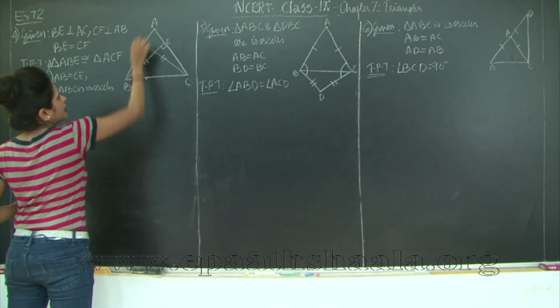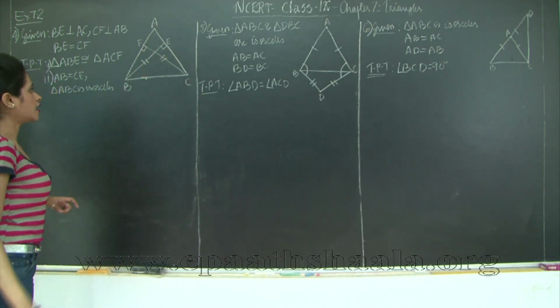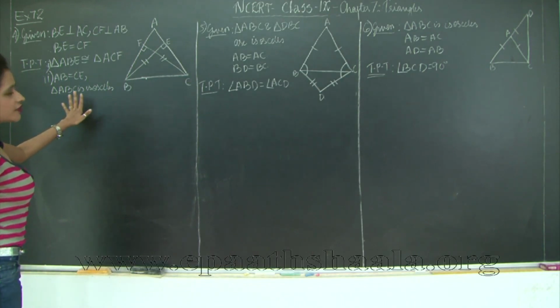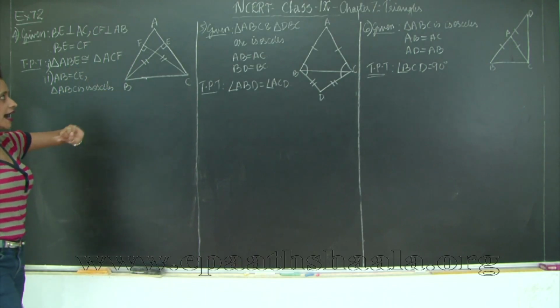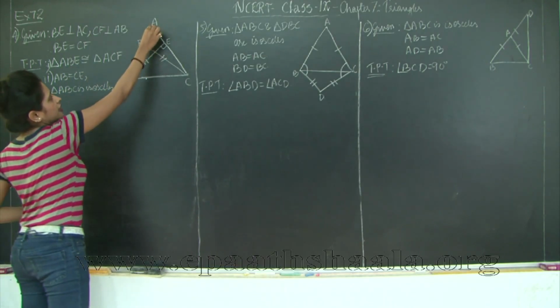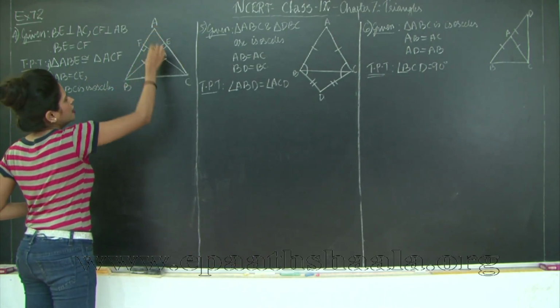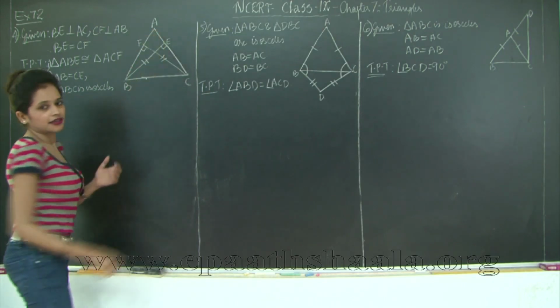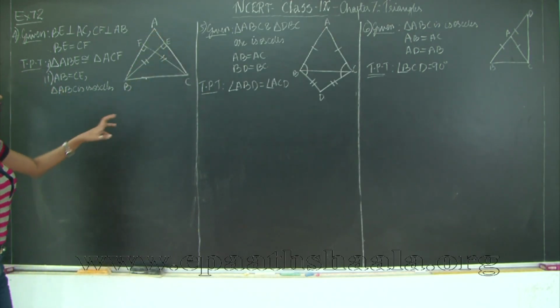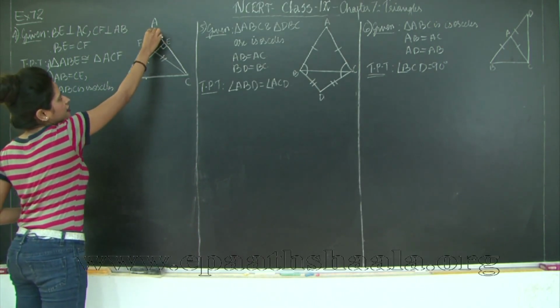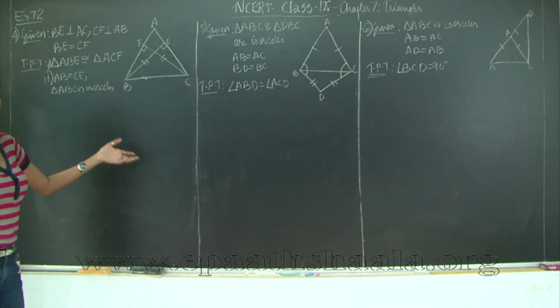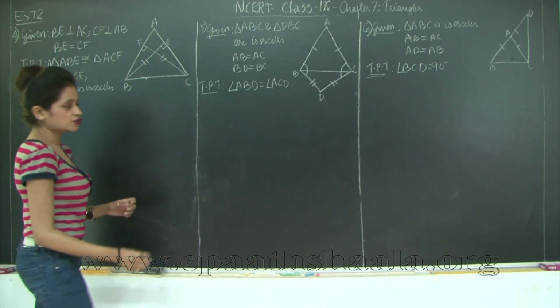That these sides of a triangle ABC are equal, and therefore I need to prove that ABC is an isosceles triangle. So what I am going to do is, I can see that by looking at these two triangles ABE and AFC, I can easily prove congruency. How? I have a side and I have this angle and this angle, right? So by AAS test we can prove that the two triangles are congruent.